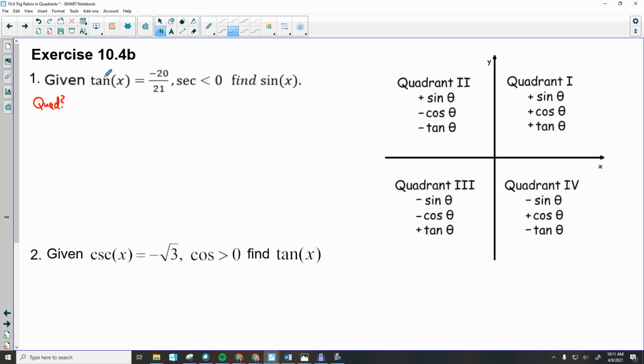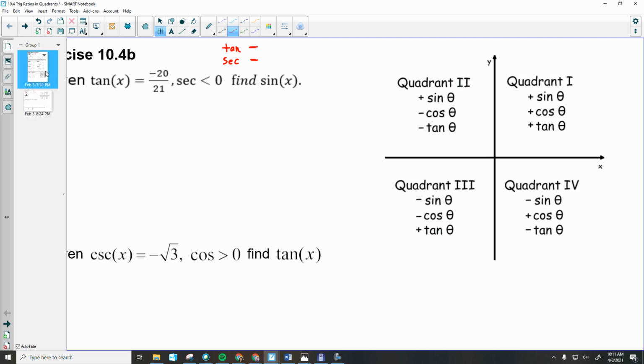So here's one of the first clues. Tangent of x equals negative 20 over 21, so tangent is negative. So some quadrant, or tangent, is negative. And they also told us something else, that secant is less than 0. Well, we know that numbers that are less than 0 are negative, so secant is also negative. Now, here in this diagram, we're not given secant, we just have sine, cosine, and tangent. But you may recall from the very last lesson, okay,